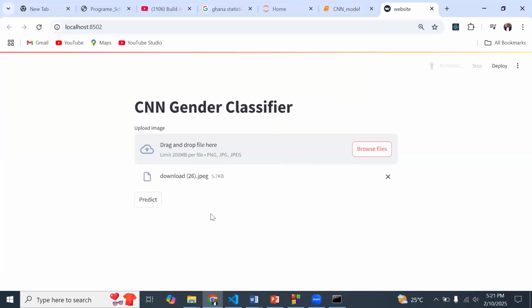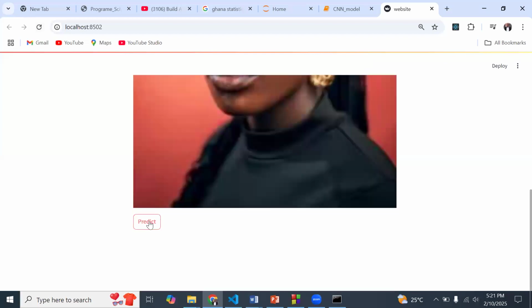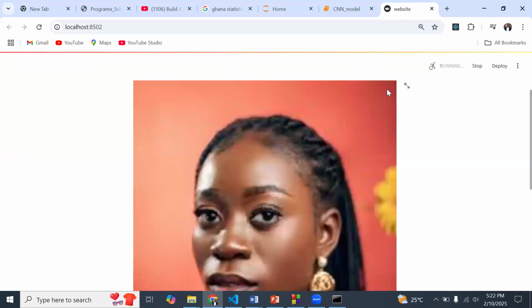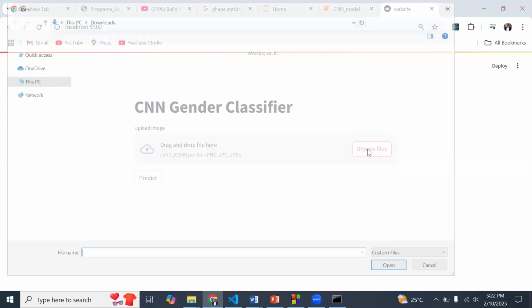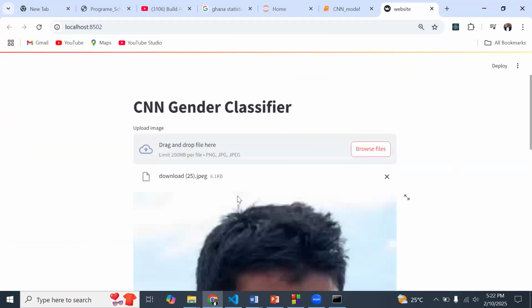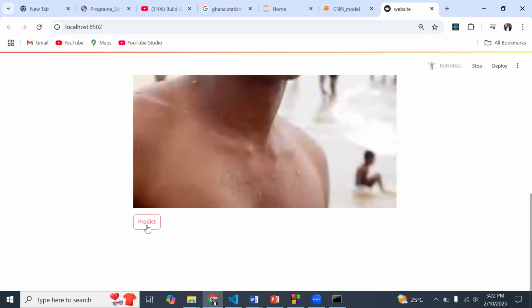Let's still work with this one, for starters. We do a prediction, and we are getting the predicted gender is female because look, this is 0.00. It is way within the threshold of female because this is very low, very close to zero for that matter. Now let's look at another instance of an image. Let's take this one, and we are expecting a male based on what we see over here.